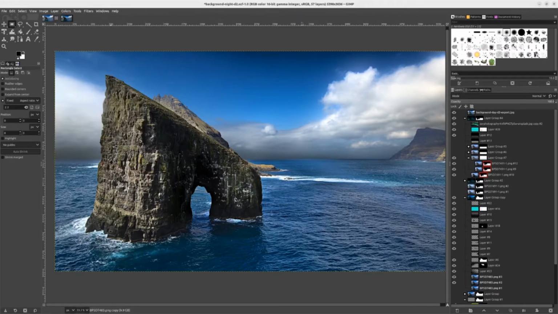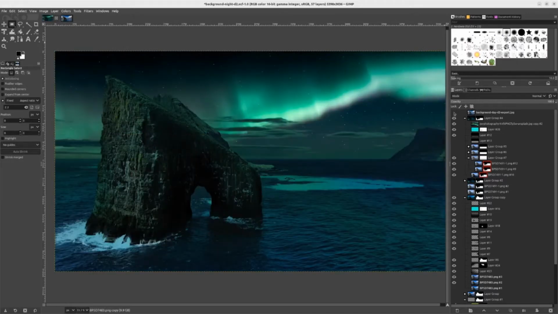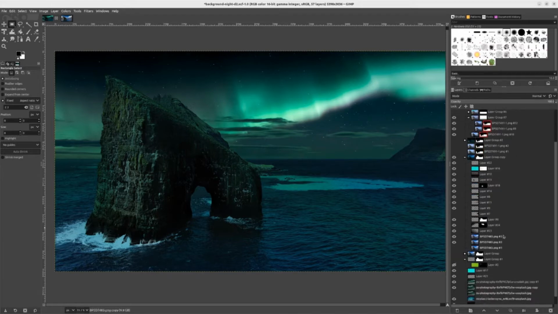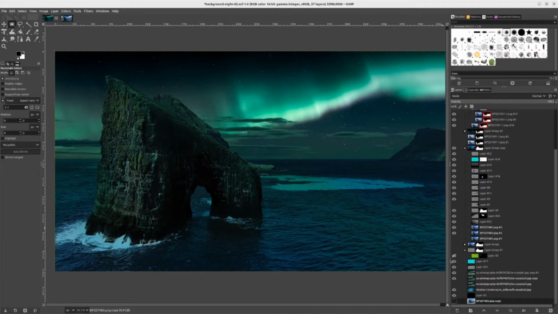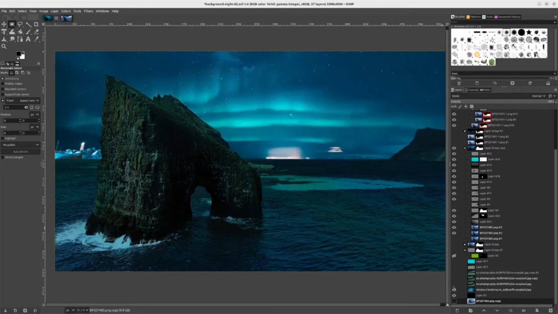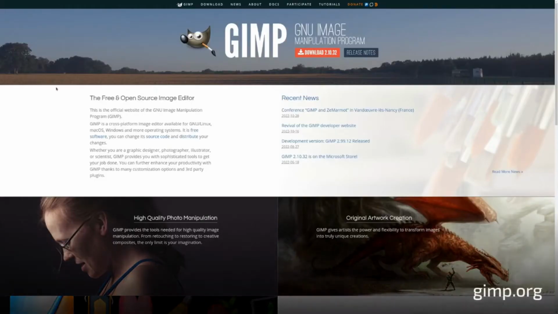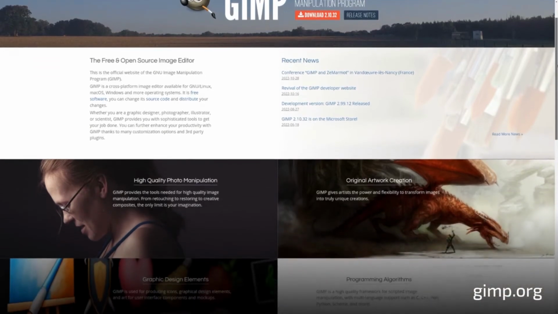What you're looking at is a slightly modified photograph for the daytime background, and here is a heavily modified version of that same photograph for the nighttime background. While the workflow may be slightly different than other programs when it comes to photo editing, there's not much you can't create with GIMP. It is community funded and user developed and available on Windows, Mac OS, and Linux.